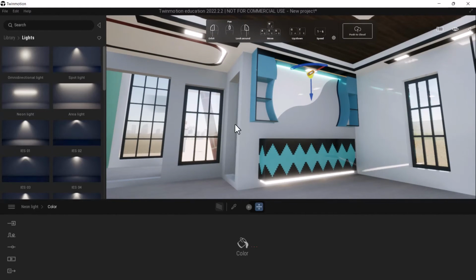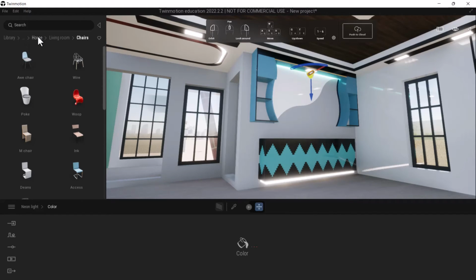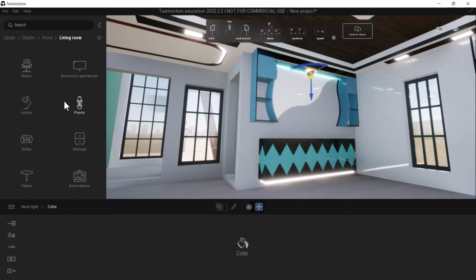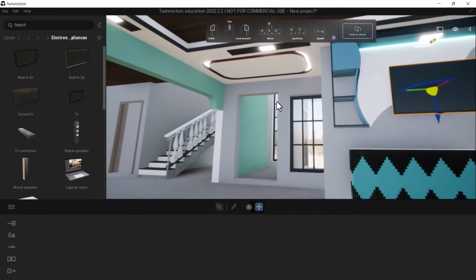Then we can go to objects, and we go to home, living room, then we want electronics, living room, then electronics. You want a TV, like this TV. So yeah,